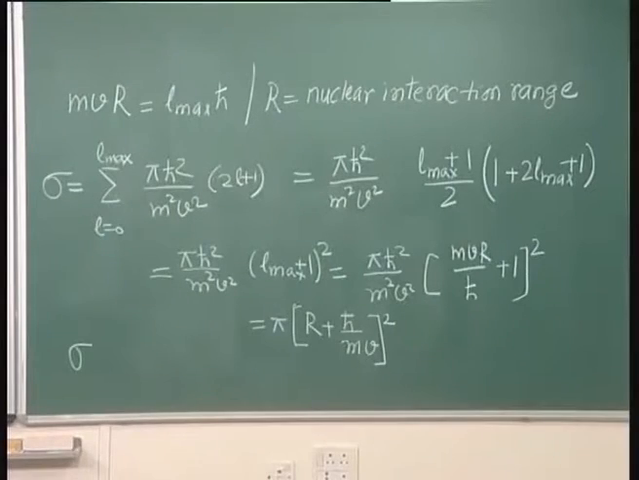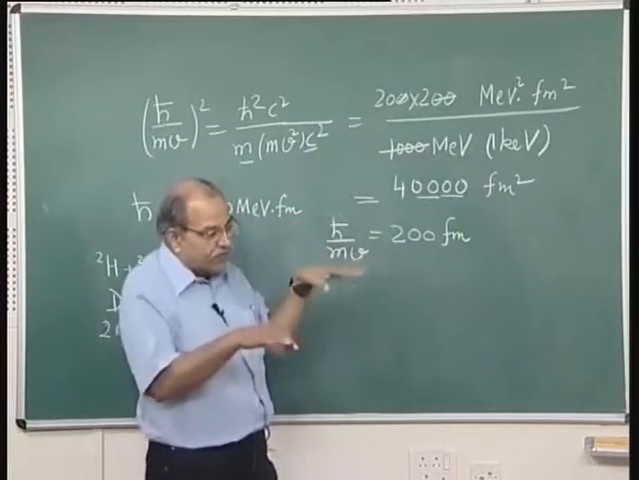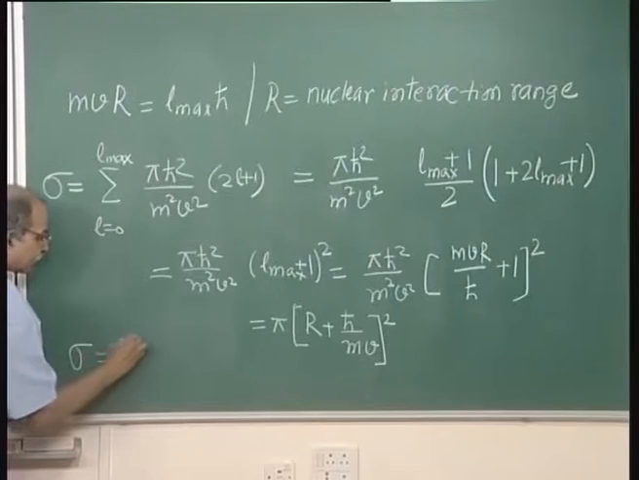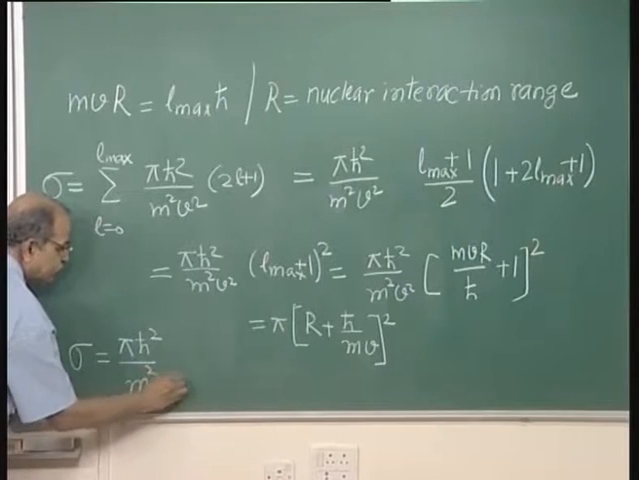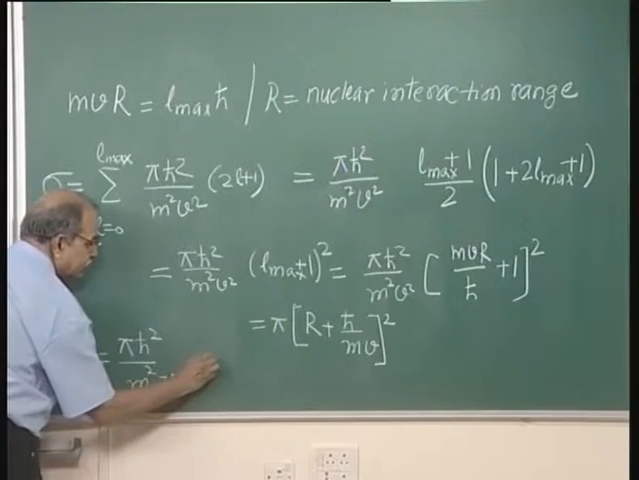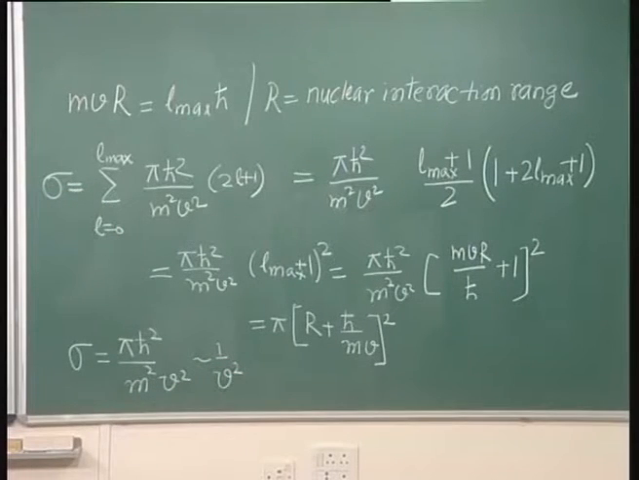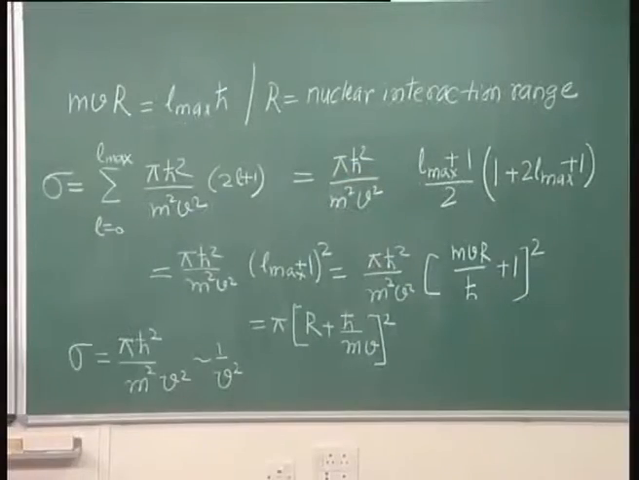This mv is low, this velocity here I have taken at 1 keV. So, for low energies this R can be neglected, and then this will be pi h cross square over m square and v square. So, you can see that it is proportional to 1 by v square. So, the cross section, because of this nuclear interaction, goes as this at low energies, and this is much larger